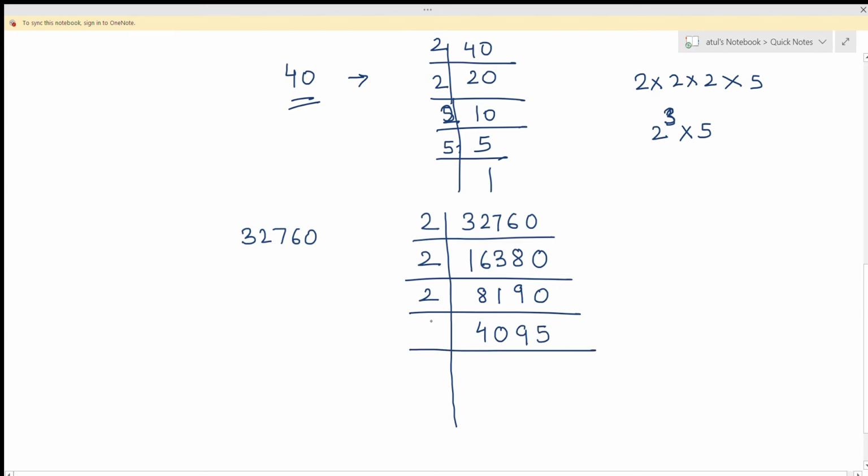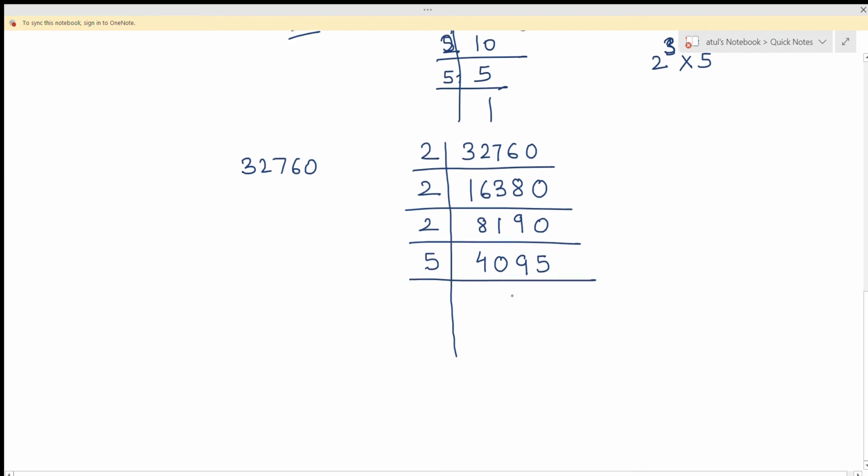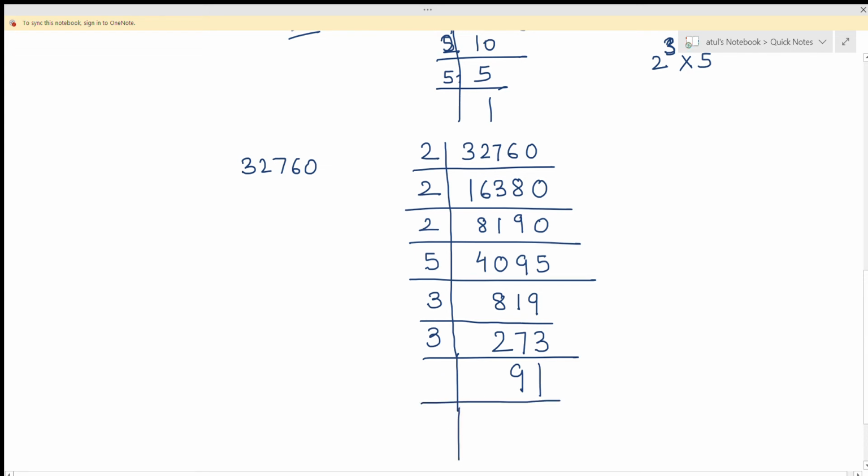Now it is divisible by 5, as it is ending with 5. So 5 8s are 5 1s are 5, 45, 9. Now it is divisible by which number? It is divisible by 3 because it's 8 1 9. If you add the digits, 8 plus 1 plus 9 is 18, so that's divisible by 3. So let's do by 3. 3 2s are 6. 2 goes away 7 and then it is 3. Again it is divisible by 3. So let's write 3. 3 9s are 27. 3 1s are 3. So now it is divisible by 7. 7 13s are 91. So 13 and 1.